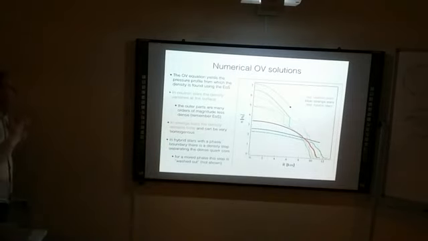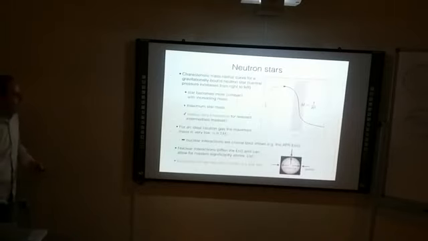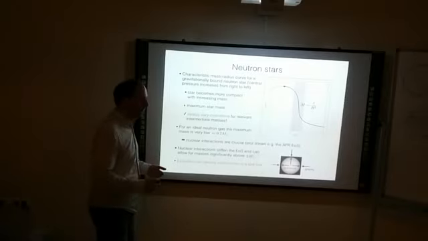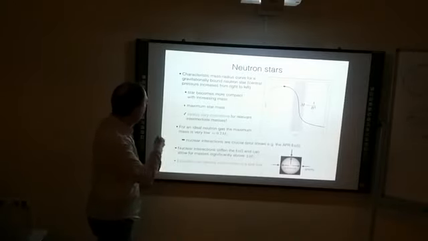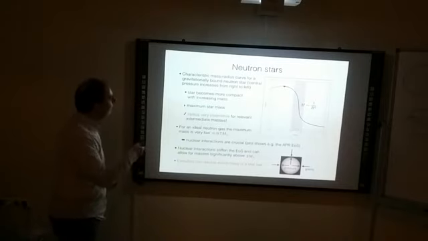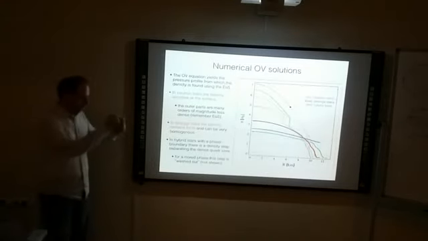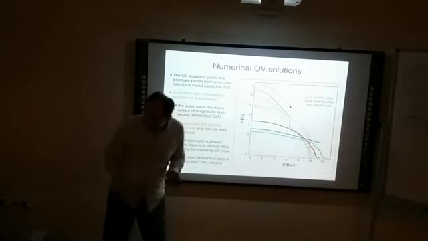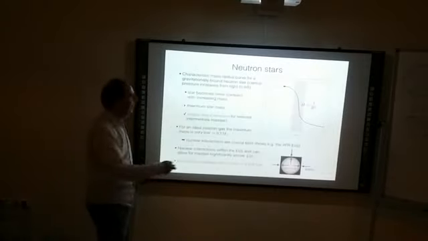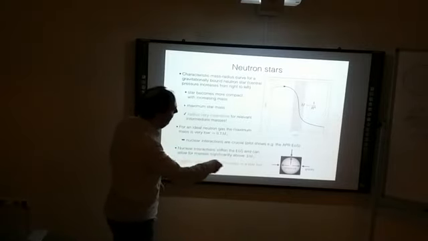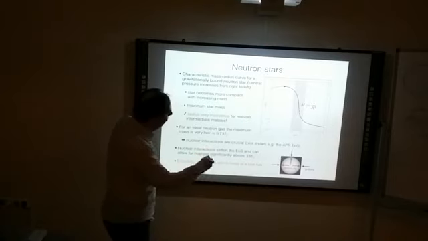So that's what you find when you actually solve these Oppenheimer-Volkoff equations numerically for different equations of state. And let me just walk you through these three different classes once more. So neutron stars have a characteristic mass-radius curve then. I mean, so far this was the density profile, but as I said, for every mass I get a whole curve, mass as a function of radius, for a given equation of state. And that's what you get for neutron stars. You get this behavior here.